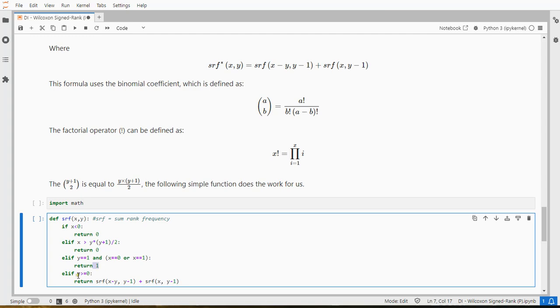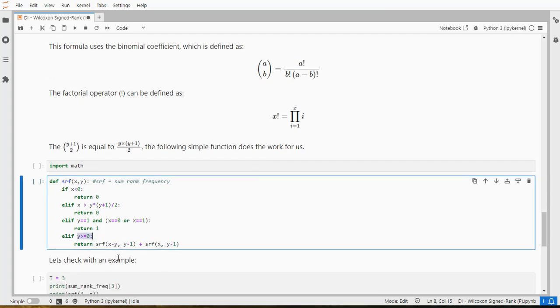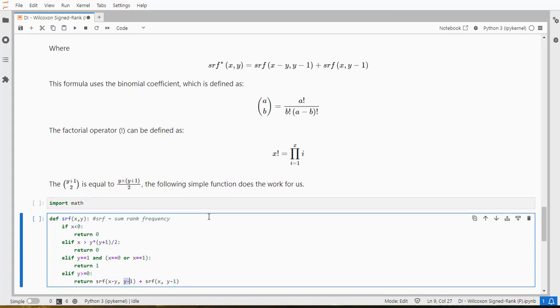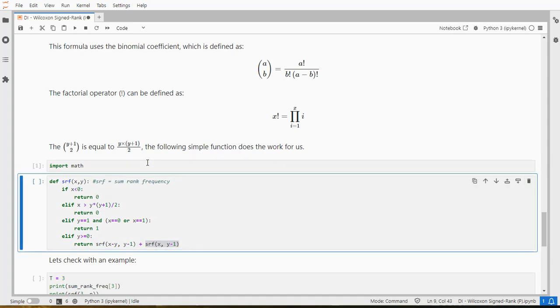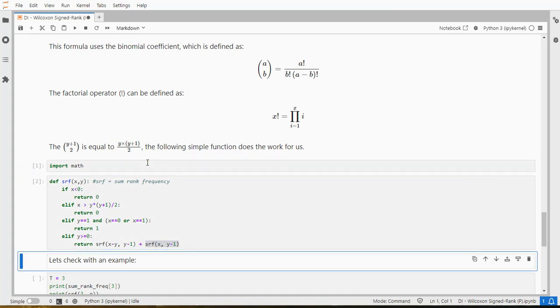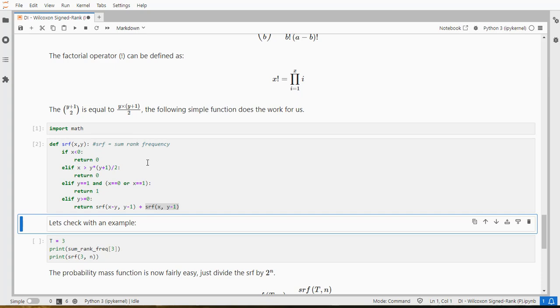And in all other cases, if y is greater than 0, then you just return this same function again, but then x minus y, y minus 1, and that's exactly this part, and the srfx, and then y minus 1. So if we load this in, and we load this additional function,